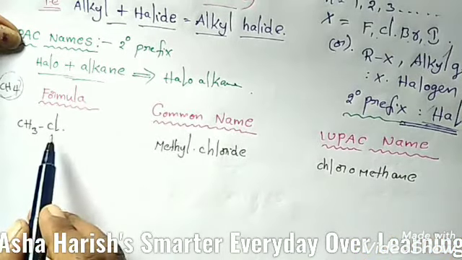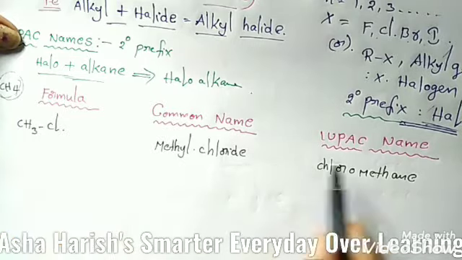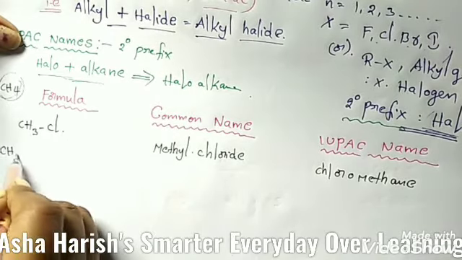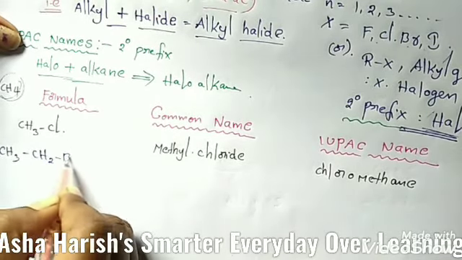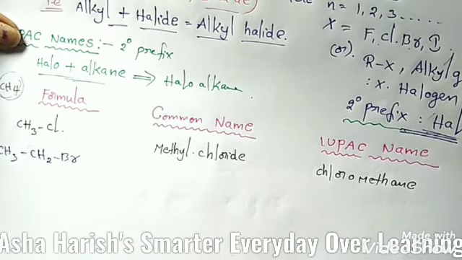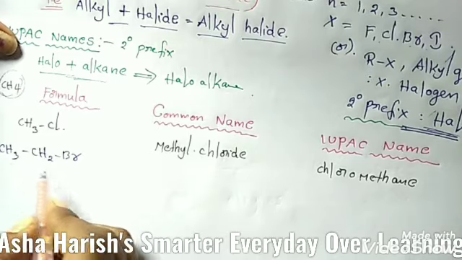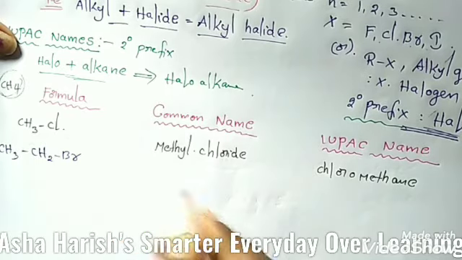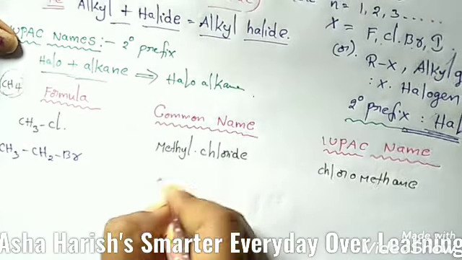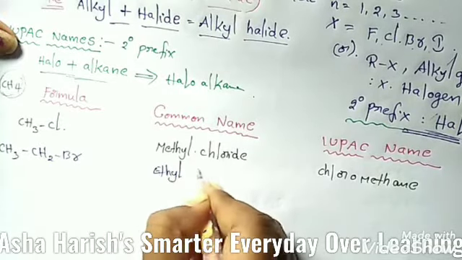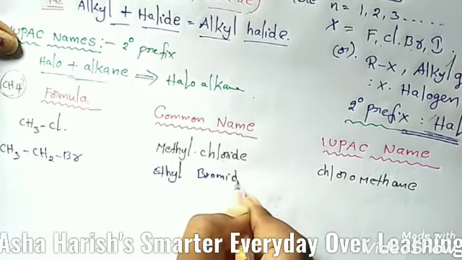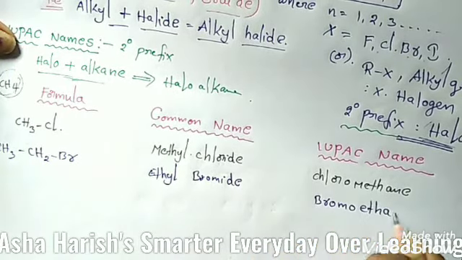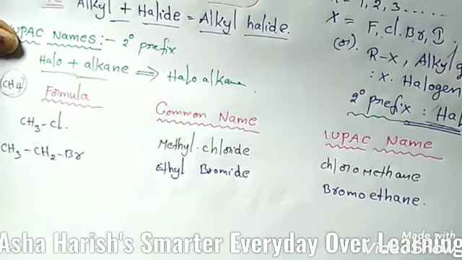Chloromethane. For CH3, one chlorine substituent is added here, so that is only chloromethane. Let's see the next example, students. CH3CH2Br. CH3CH2, that is C2H5, which you know very well: from ethane you remove one hydrogen, and this is called ethyl. So this is ethyl bromide. And what is the IUPAC name? Bromoethane. Bromoethane.